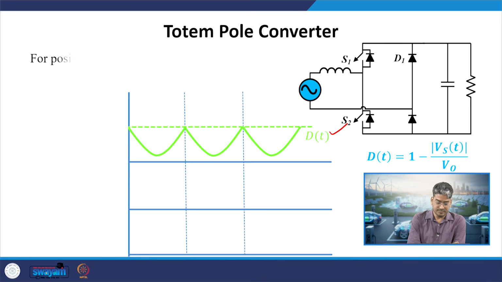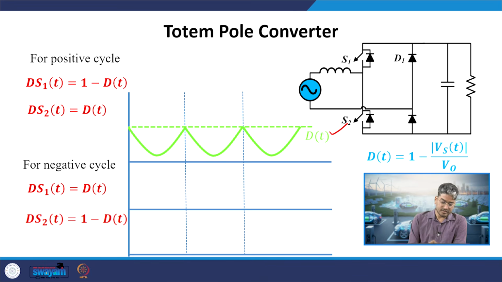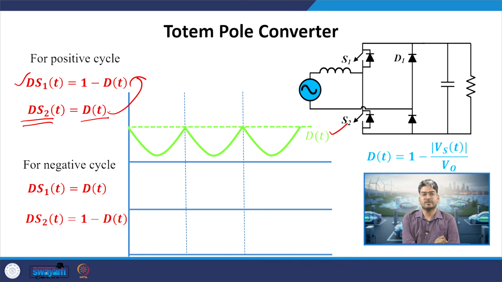boost PFC also. Now, for the positive half cycle, what operation has been done? We were turning on switch 2 for charging, and we were turning on switch 1 for discharging. So, what will be the duty ratio of switch 2 for the positive half cycle? It will be equal to d(t) directly, and 1 minus d(t), that is the complementary pulse, will be given to my switch 1. Whereas in the negative half cycle,